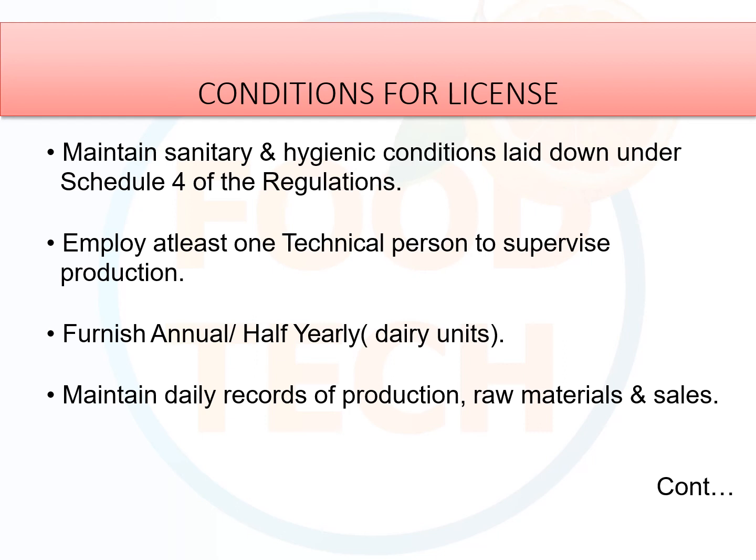And next, the record should be kept of what type, what quantity, and what nature of production is done, where the raw materials are inducted from, and what type of raw material is inducted. And after the production and packaging, the sale of the product should also be recorded: where it is given, what amount is given, which batch it is, and what its expiry date is, which is mentioned on the packaging.